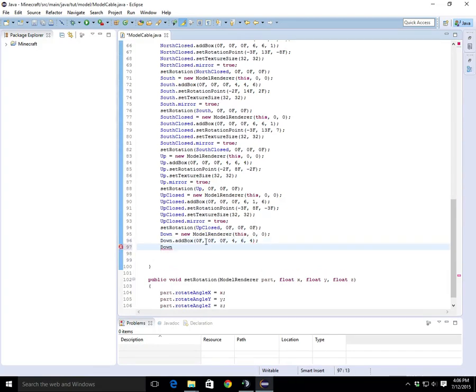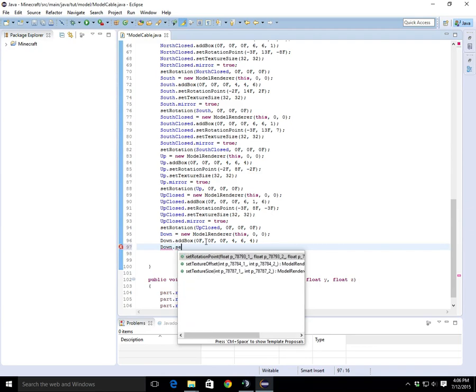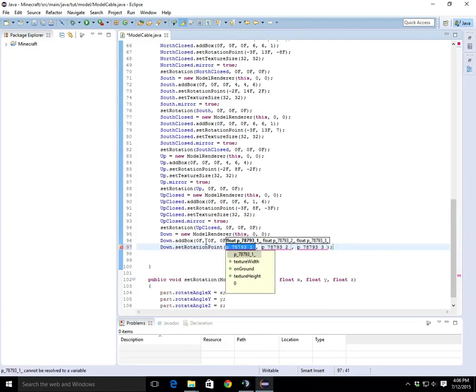Then it's down dot set rotation point, negative 2 floats, 18 float, and negative 2 float,